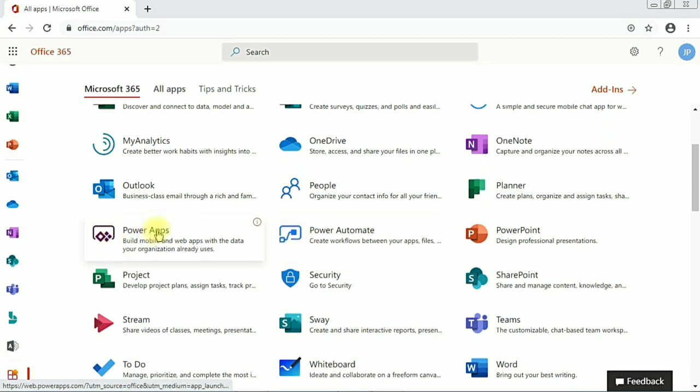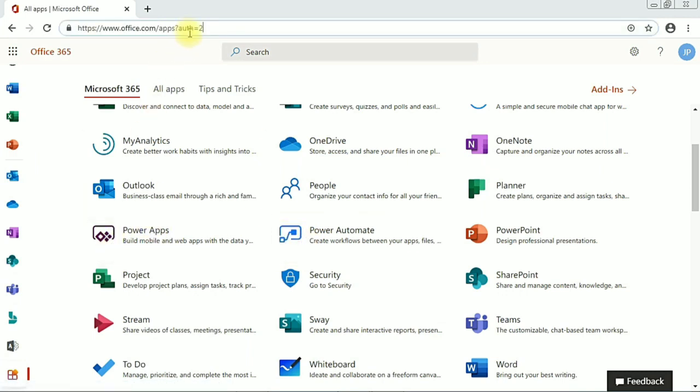You have to open this URL here, and I have also provided the link in the description box. Open it and sign in through your Microsoft Teams account. Here you can see an Outlook option. This is for Outlook mail. Just click on that icon and it will open your Outlook application.